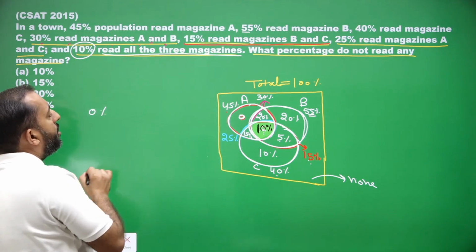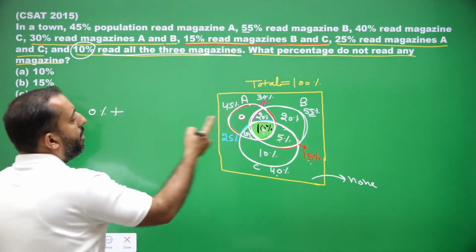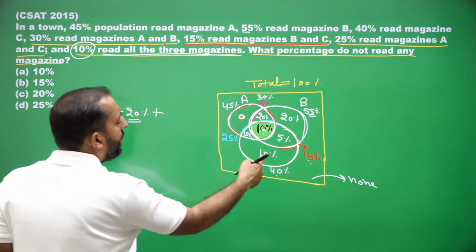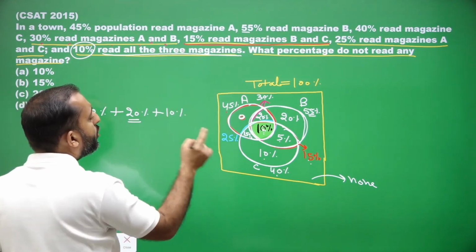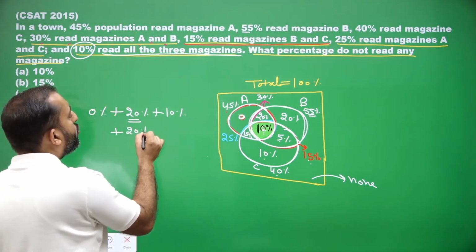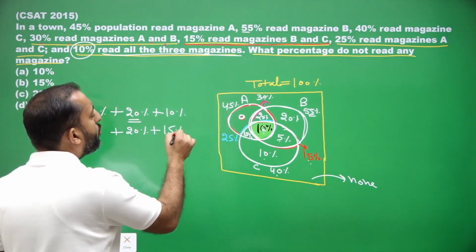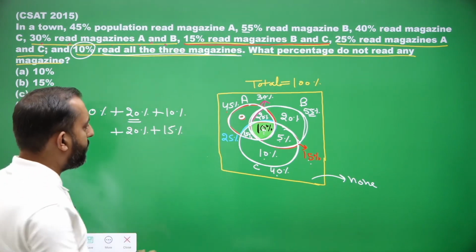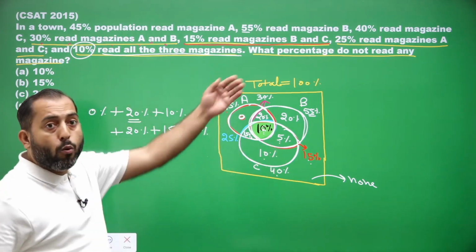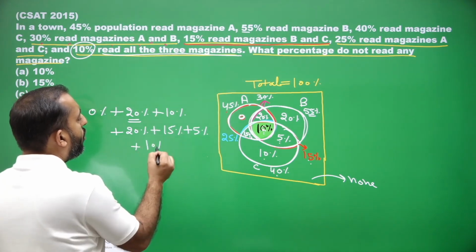0% represent the count of those who read only A. 20% represent the count of those who read only B. 10% represent the count of those who read only C. 20% represent the count of those who read only A and B. 15% represent the count of those who read only A and C. 5% represent the count of those who read only B and C, and finally 10% who read all the three,